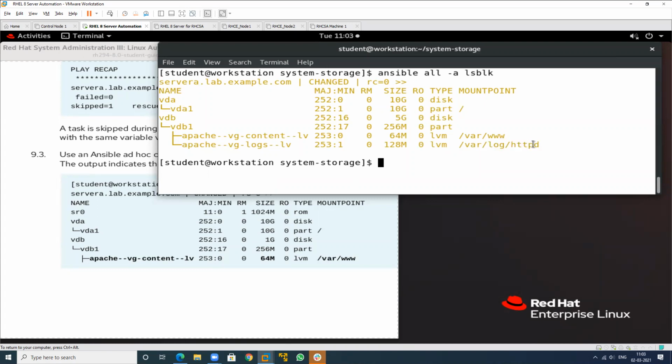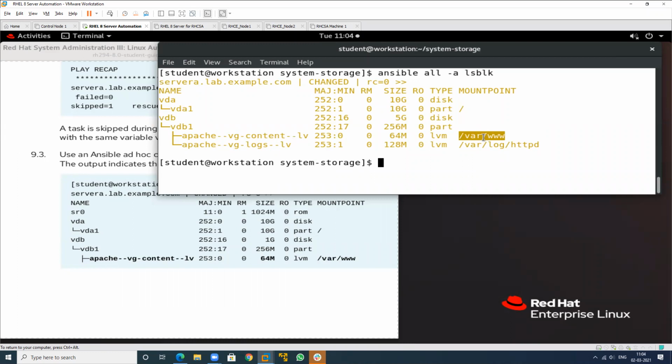This one is related to HTTP, and this one is related to logs. This is to save the database related to the HTTP server, and this is for the log. This is www, but this is log. Here we want to store the log of the HTTP server, and here we want to save the content of the HTTP. These are all related to Apache. Content means we want to store the web pages information, so to store it we have created the partition.